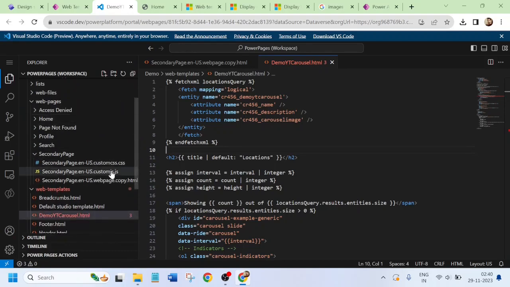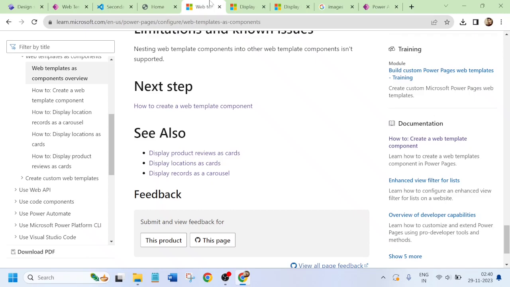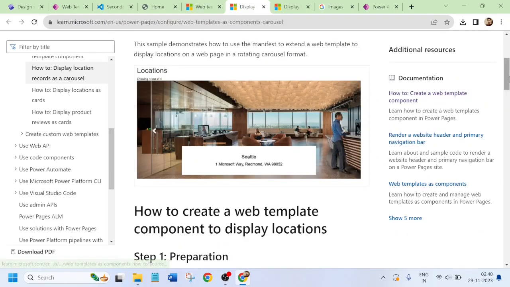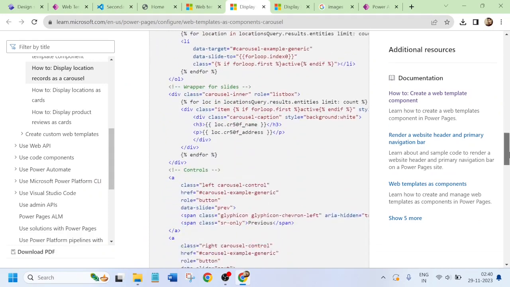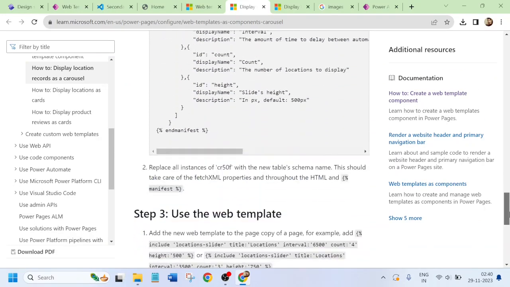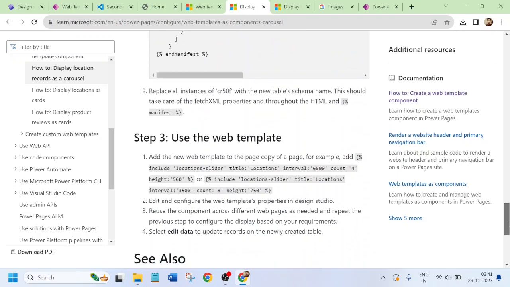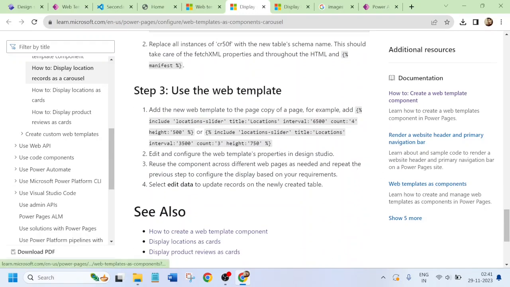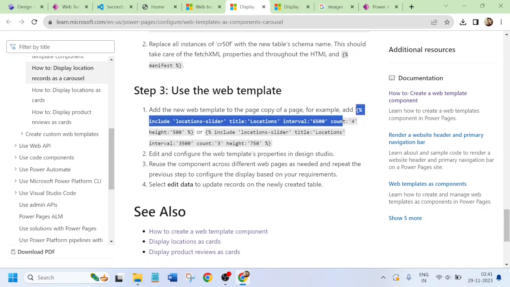So in our secondary page, what we are going to do here, right, the next step is, so we have created the table, the web template is created and the right component is there in that. So the next stage is that we include this into the secondary page where we want this component to reflect, because we can reuse this into multiple pages if we like, right? Because the web template is there, you just copy that code and call it onto any page that you want. So how we are going to do this is